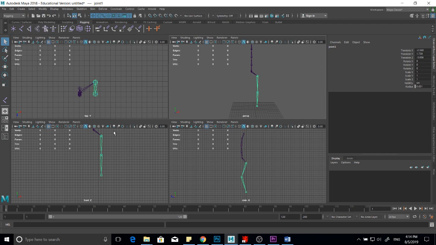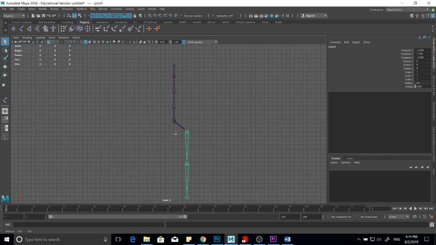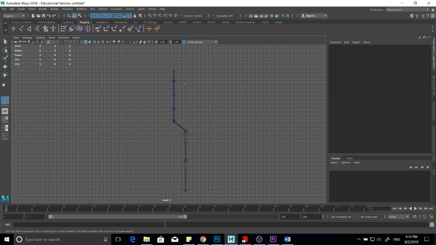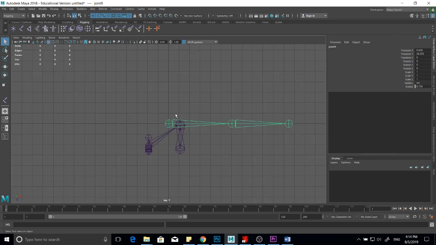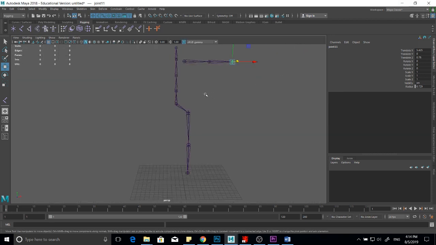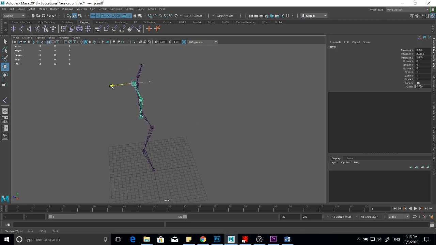one of the arms. So let's go to the front view and I'm going to set the arm somewhere in this area near the collarbone. I'm going to click once for the shoulder, one for the elbow, one for the wrist, and then from the top view I'm going to make sure that there is a slight bend in the elbow, that the elbow is bent. As what we have done before, we want to make sure that the arm is in the right location. So I'm going to move it forward, maybe move it down a little,